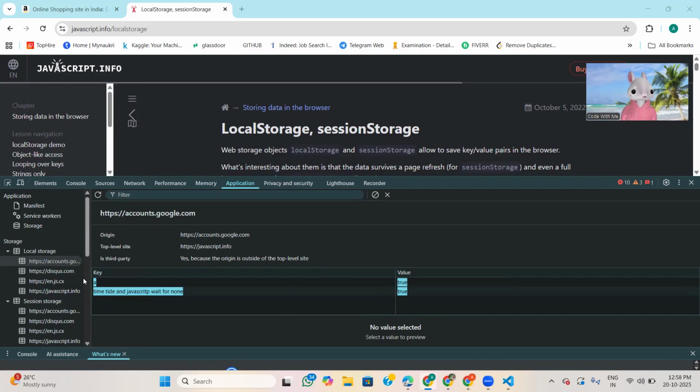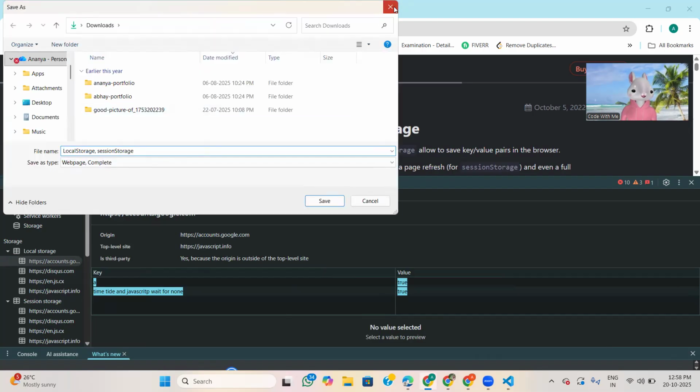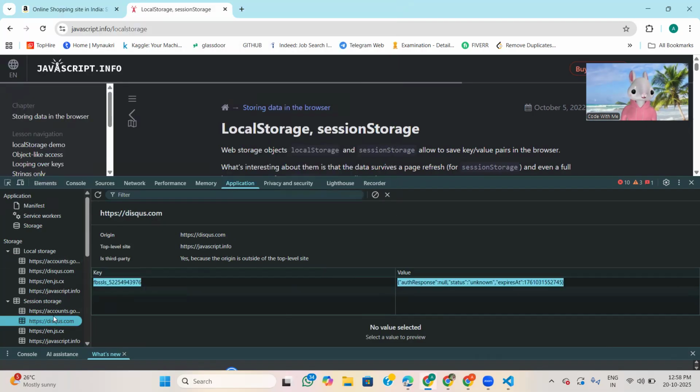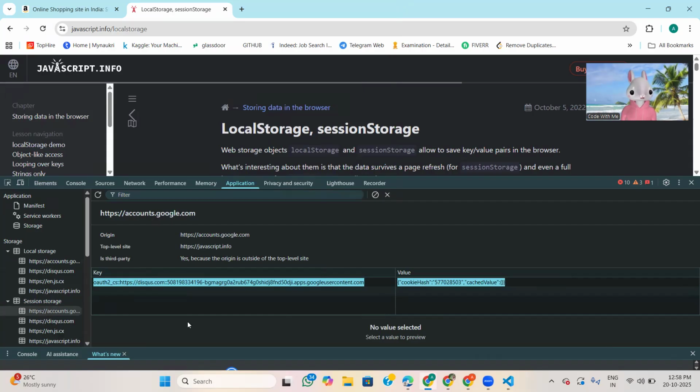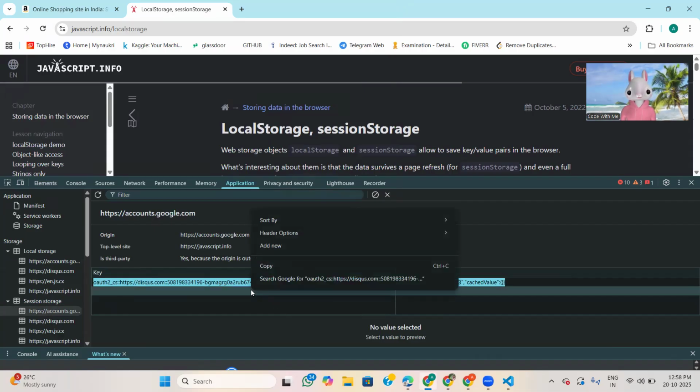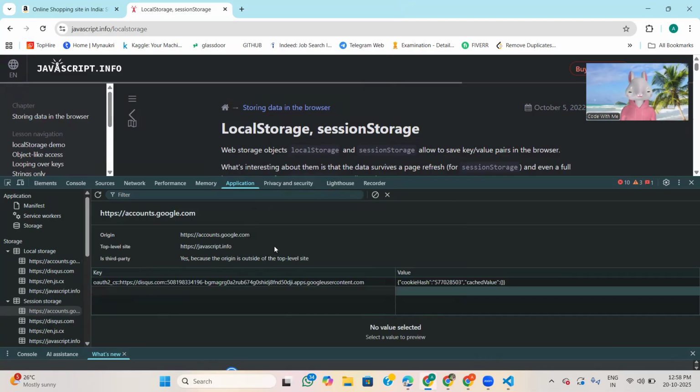And in local storage also I will give something. Add new try. Now here I will give try, time type and JavaScript wait for none.